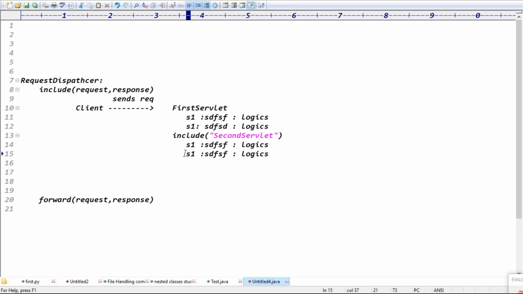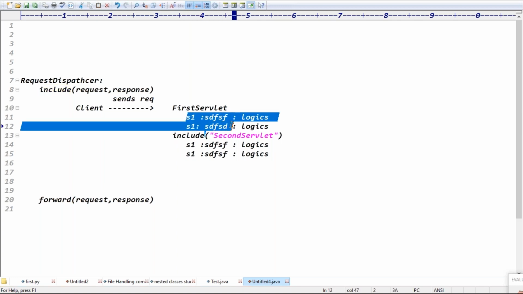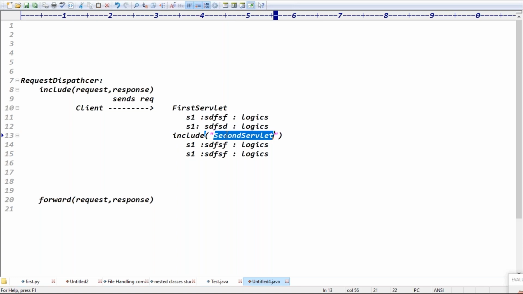Because when we include the servlet by using the include mechanism, the first servlet response is added in the response object, the second servlet response is added in the response object, and only then that response object reaches the client browser.